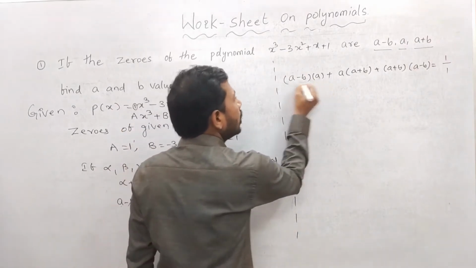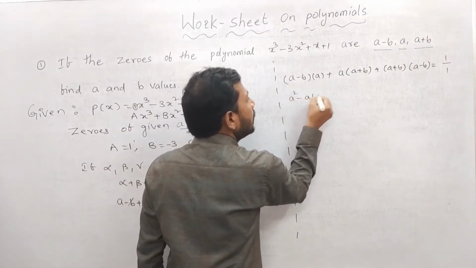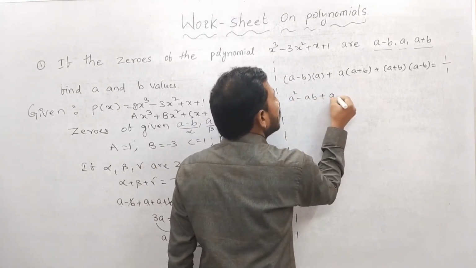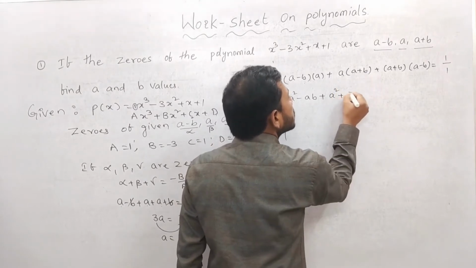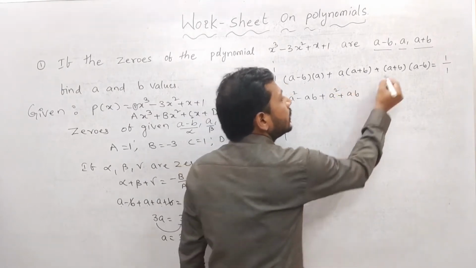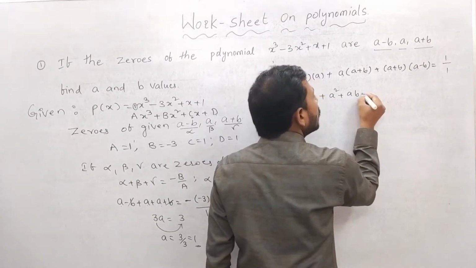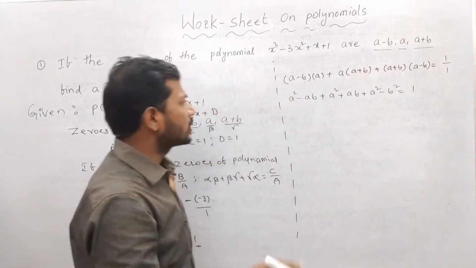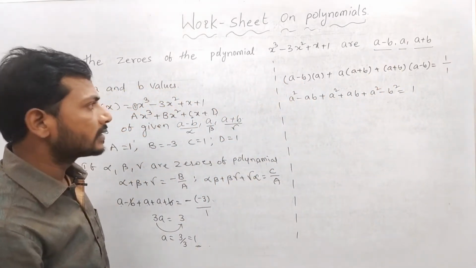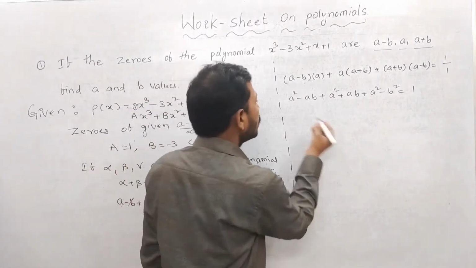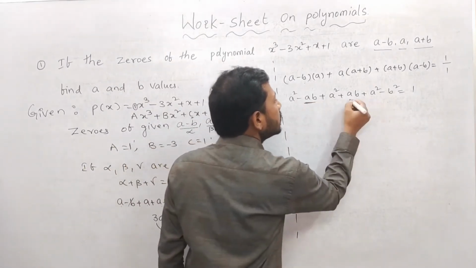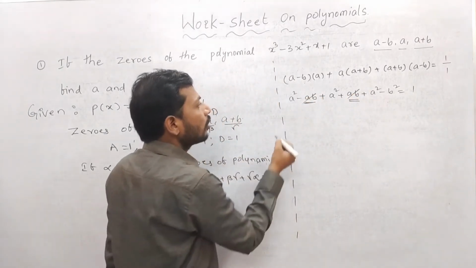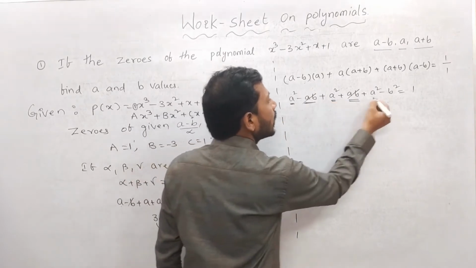Then once observe, a into a square minus ab, multiply inside. And the next one is plus a into a square, a into b plus ab. Very good. This is a plus b into a minus b. You know the answer very well. Sir, a square minus b square equals 1. If it is possible, any cancellations are there, do it. Then I am going to do, sir, here is the minus ab, this is the plus ab. Then I am going to cancel plus ab minus ab. Very good. Then how much did you get? a square plus a square plus a square.